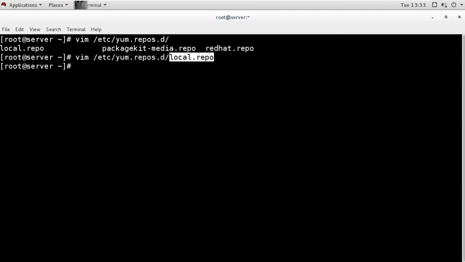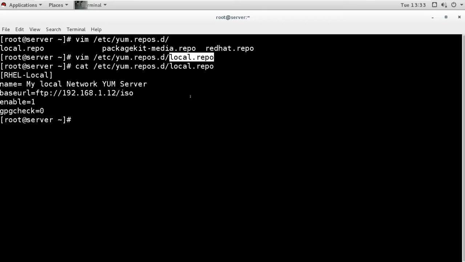If it is not there, then you will create a new file and do the same setting in this file. The setting says that this is my local network yum server, and this is the URL to get the local yum server. It is enabled, GPG check is disabled.